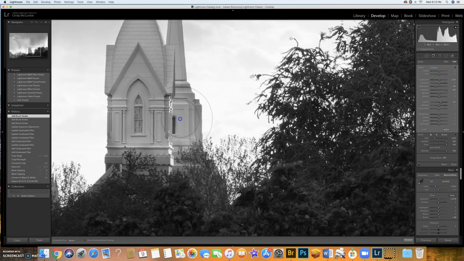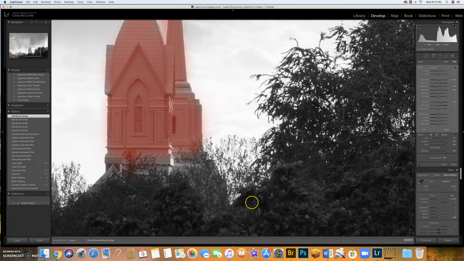And I could bring in a little more light here and here, and a little bit here. So then the other thing I can do to kind of clean that up is I can say down here, click on this little button that says Show Selected Mask Overlay. So I'm going to click on that, and you see it shows everything red. So I can see now